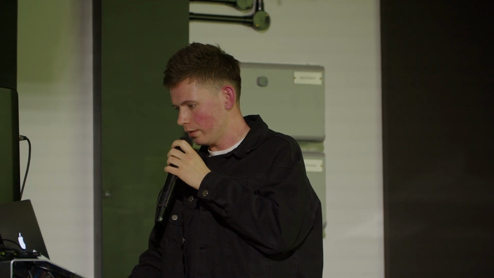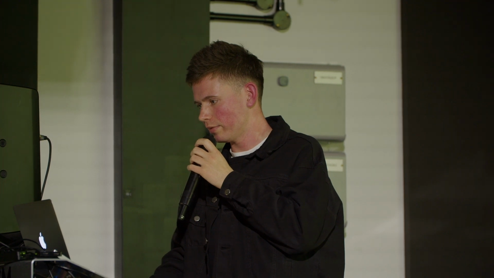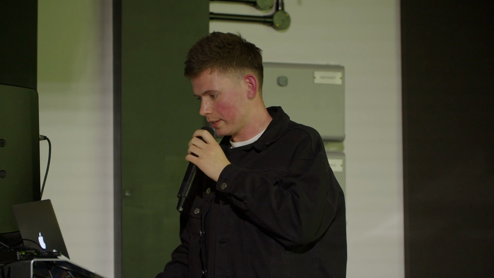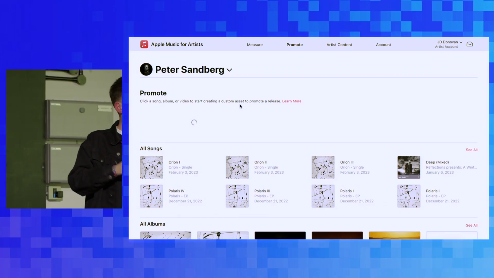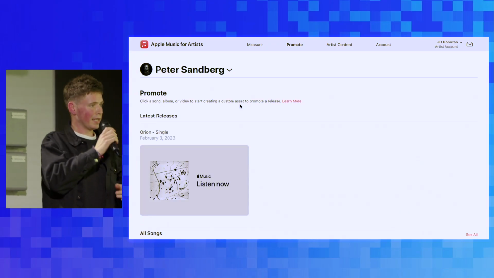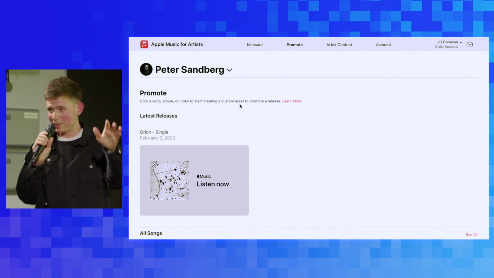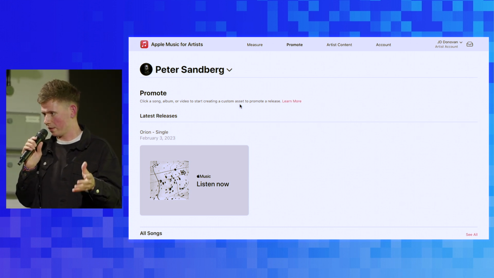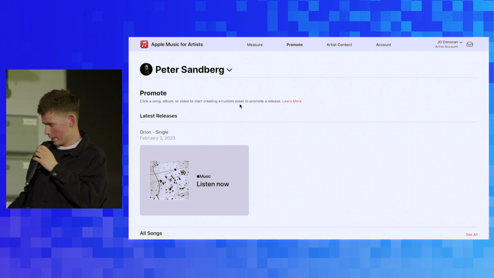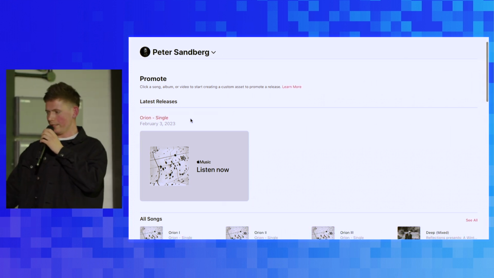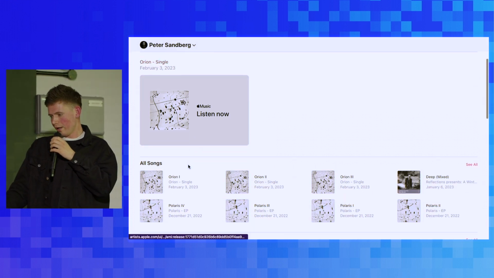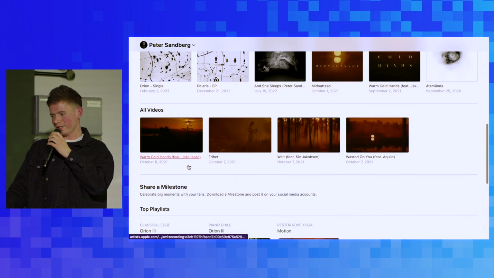So, where is it? Aha, yes, back in here. See, I'm only just getting to grips with this myself. So this came out last week, which is Apple Music for Artists' new promote feature. So they've basically put, as I was just saying about streaming specific cards, you can now create these. You can get really customizable. So here we go, latest releases already figured out. I can go in and customize this. I can customize it for anything.